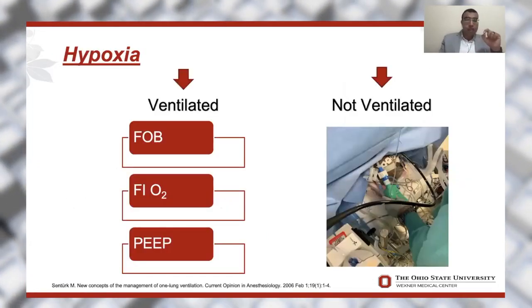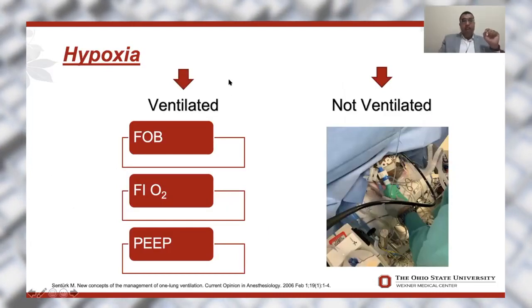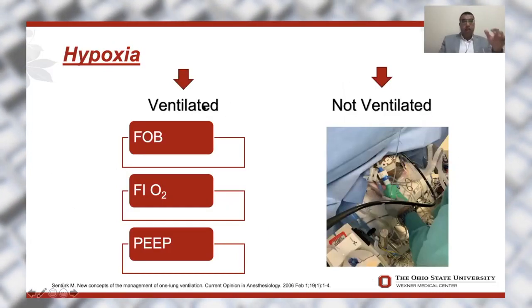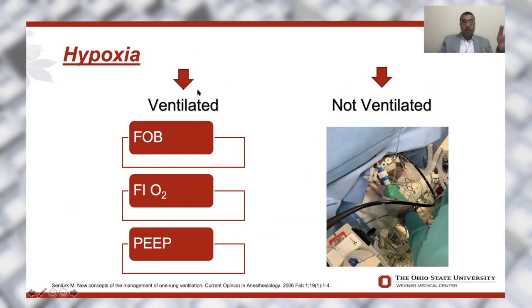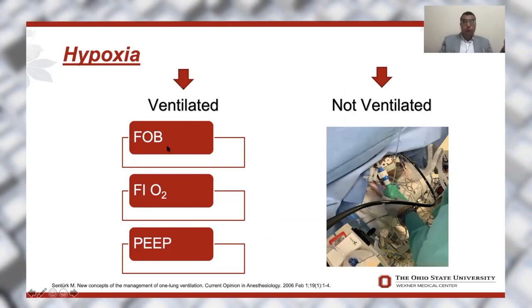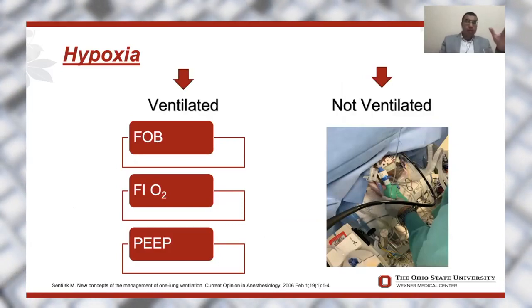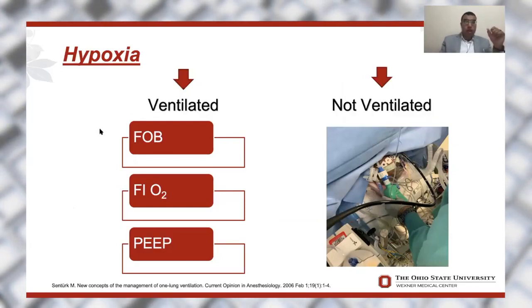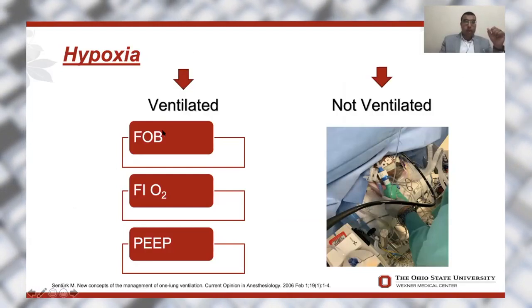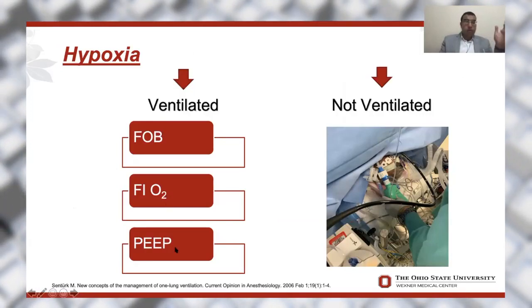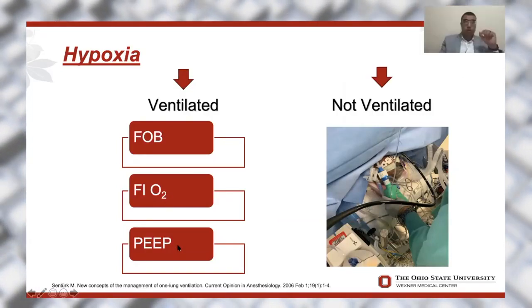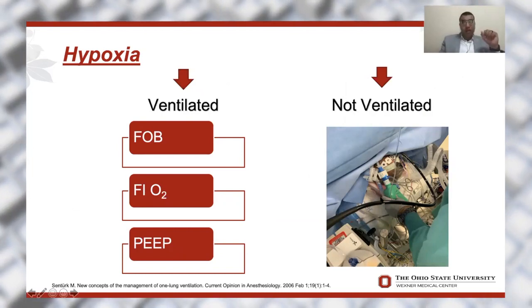If you get hypoxia, what will you do? You have now a ventilated lung and a non-ventilated lung. As regards the ventilated lung, please do bronch. Maybe there are a little bit of secretions, a little bit of blood. You can get it out. So the hypoxia will be improved. Increase the FiO2, increase PEEP, do some recruitment. For the non-ventilated lung, I think it's technically difficult.